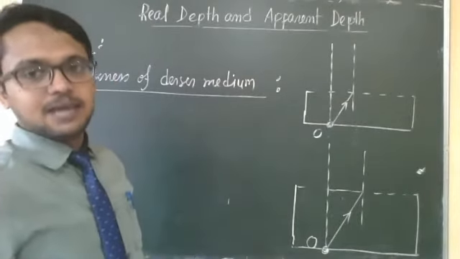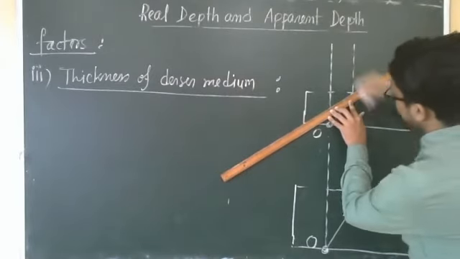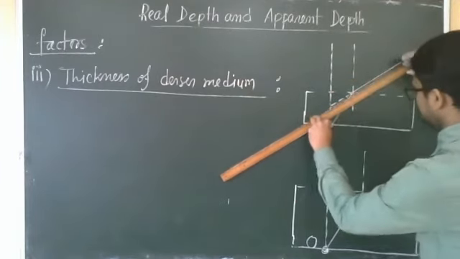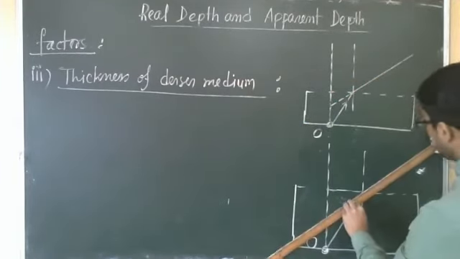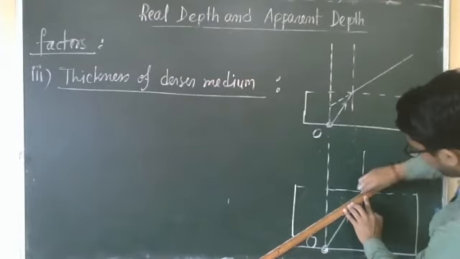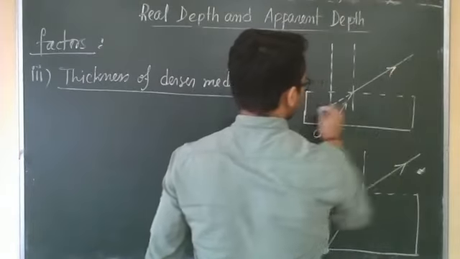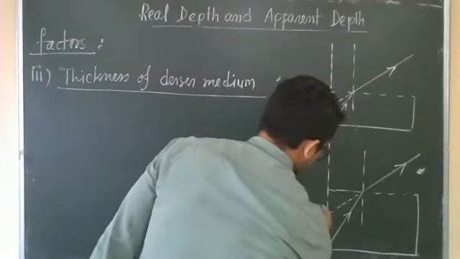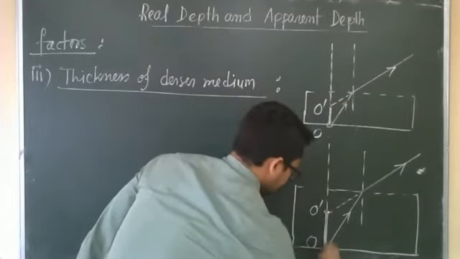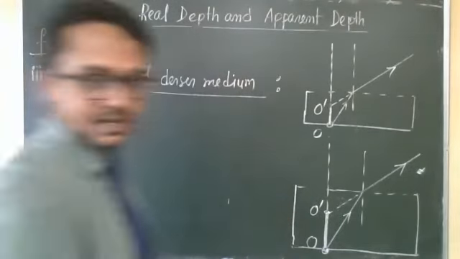That means with the same refraction angle they will bend, right? So in this case also, parallelly they will bend. Almost parallel, right? So tell in which case shift is more. This is O prime in first case, and this is O prime in second. This is the shift. So which is more? Obviously, second case, we are getting more shift.